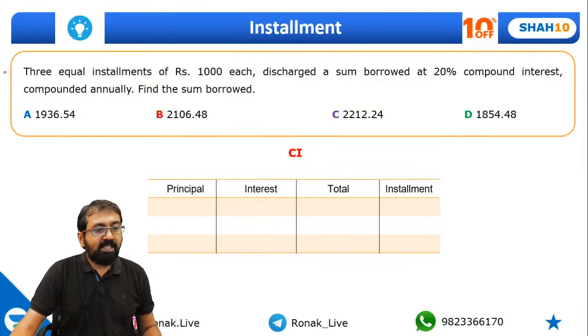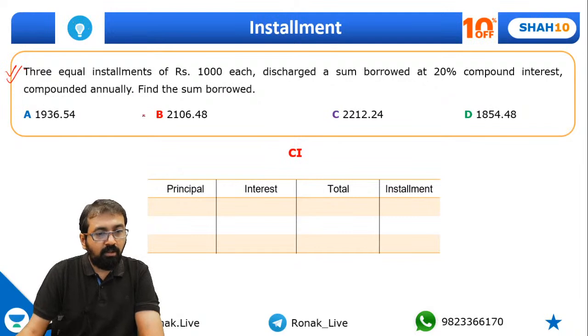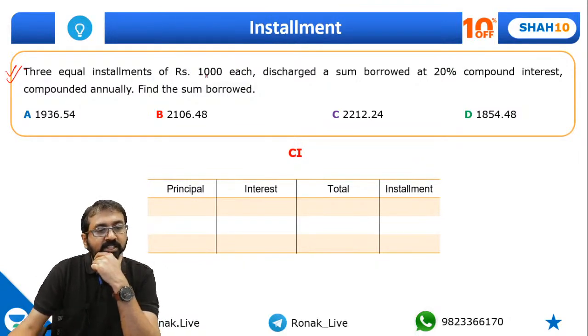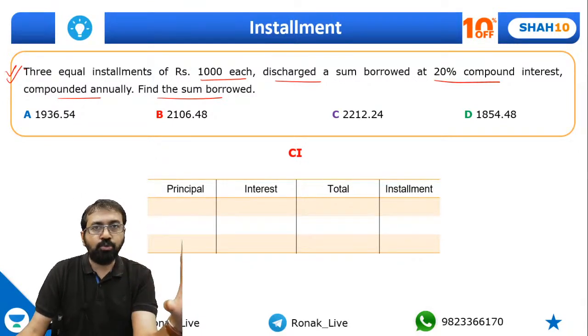Now guys, can you please try to solve this? Do you know how to solve these questions? Installment: 3 equal installments of ₹1000 each discharged a sum borrowed at 20% compound interest, compounded annually. Find the sum borrowed. Okay, in case you don't know, let me show you how to solve this question